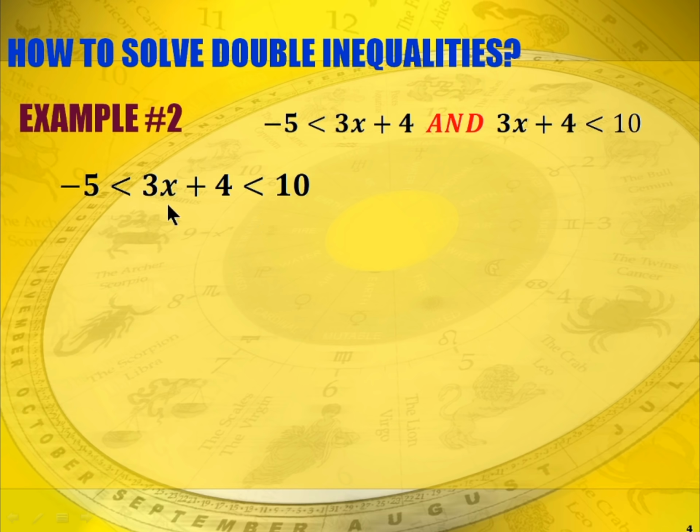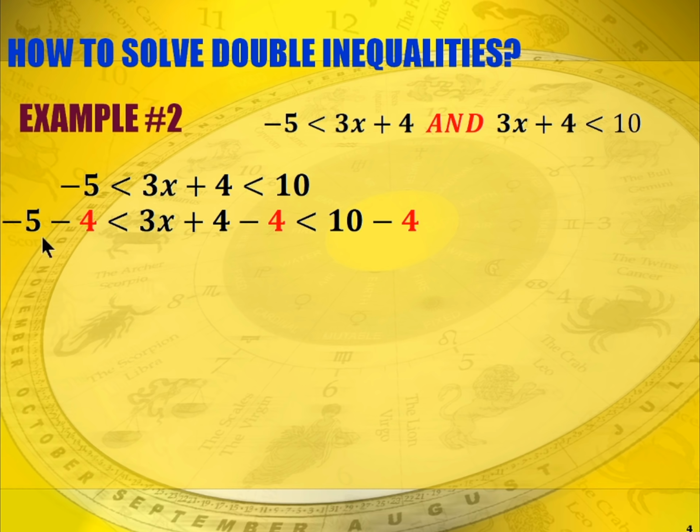Okay, so we'll start from the middle. We're going to eliminate 4, so subtract 4 to the right and to the left, and of course to the middle. So that's negative 5 minus 4 is less than 3x plus 4 minus 4 is less than 10 minus